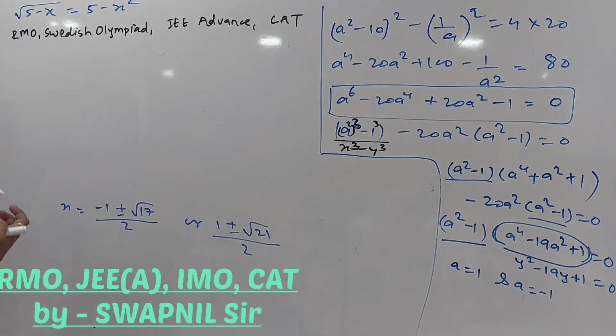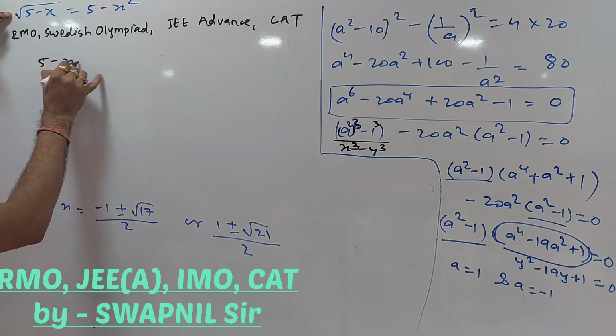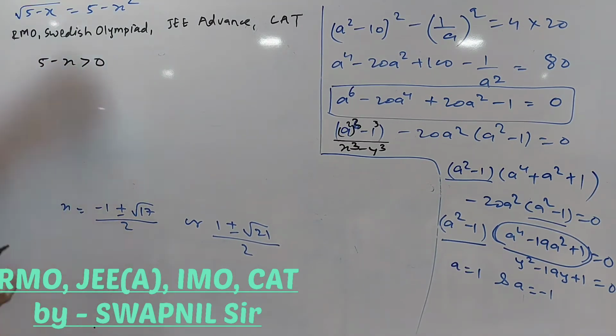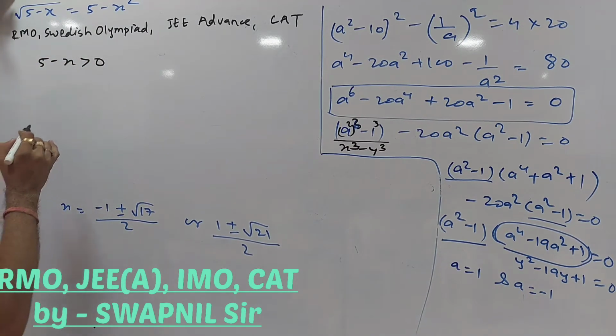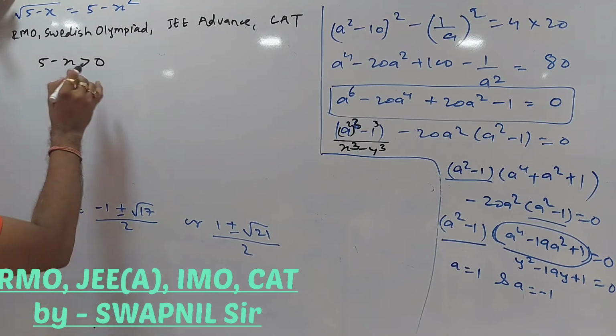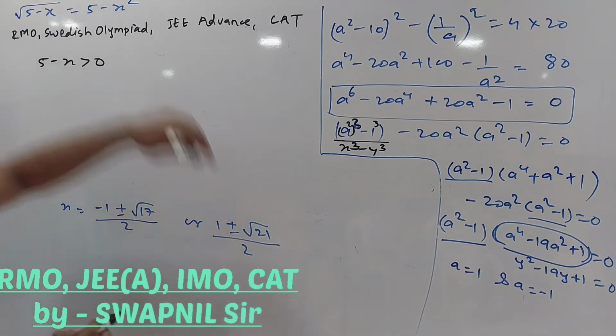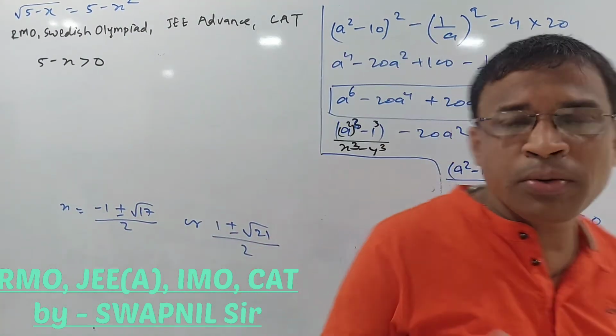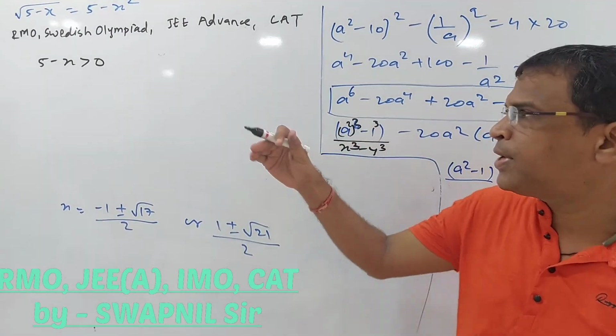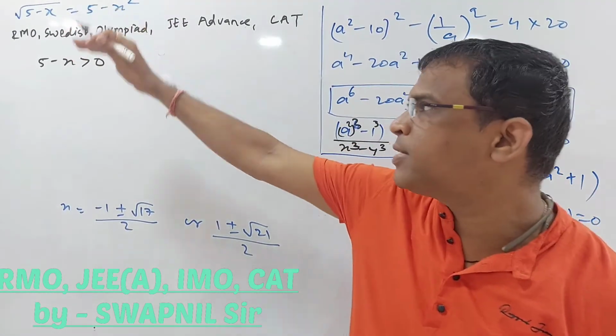Okay, one thing is very much clear. Looking at this, 5 minus x should be positive. If you have to work that out, 5 minus x should be positive. So what it gives me is a little bit of inequality. That's why I took this question. See, there are so many things you can learn. If you have forgotten the concept of inequality, just learn it here.